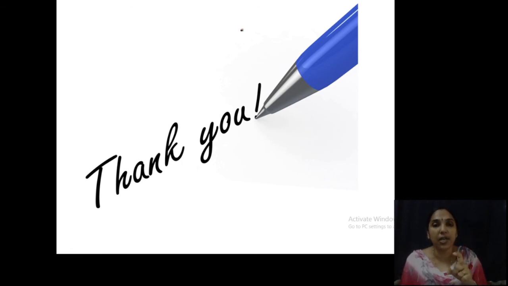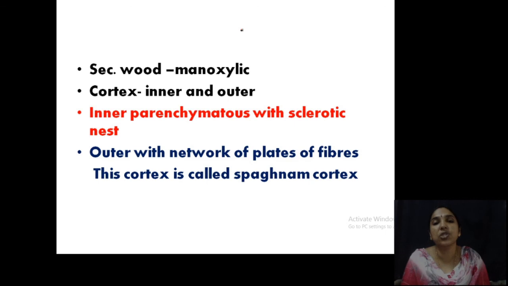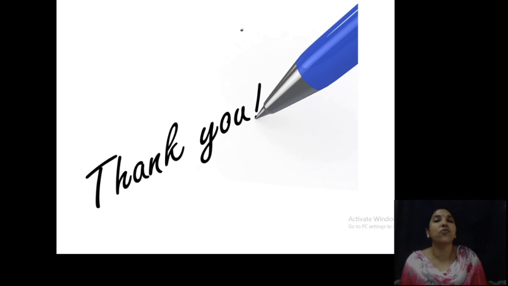They are very important. There are many species, and Heterangium has a central vascular region, with xylem having numerous tracheids, and inner cortex and outer cortex, with mucilage canals present. The cortex has strips of parenchyma structures and also sclerotic nests. Then sparganum cortex is the outer cortex. So that's all for Heterangium.